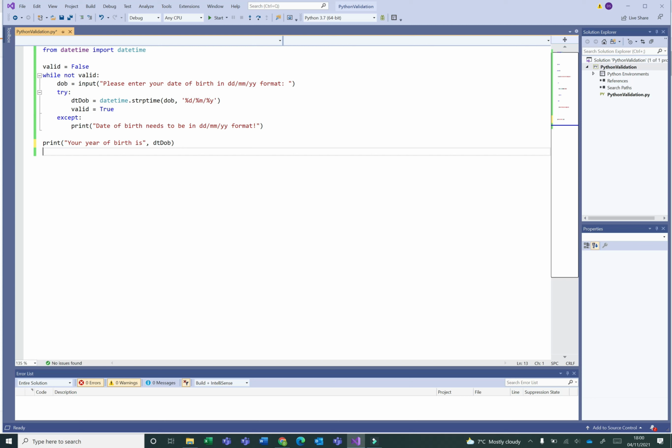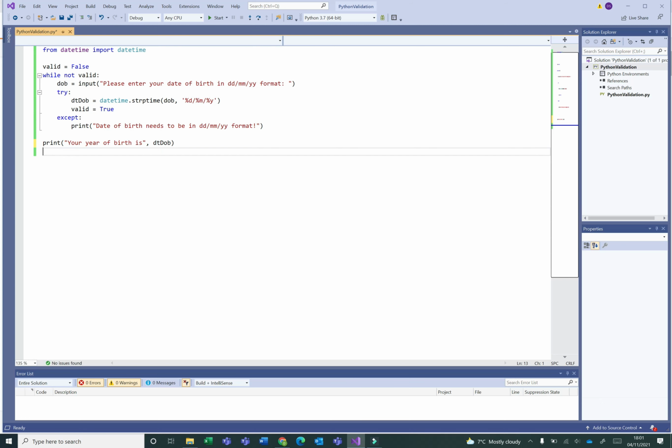Getting the string here isn't in the try except block because this won't give me any sort of runtime error. The user can type in any old thing, it's not going to give me an error. I'll get a string here, but then what I want to put in the try part of this try except block is the conversion from the string date of birth into this datetime object.